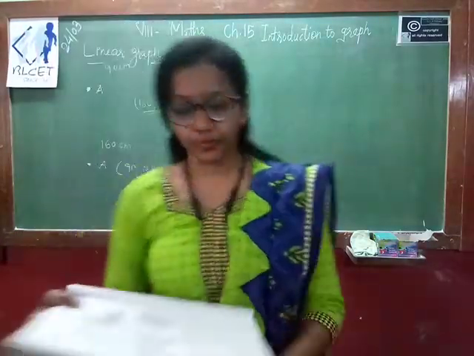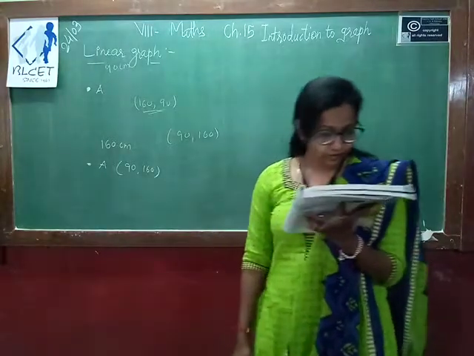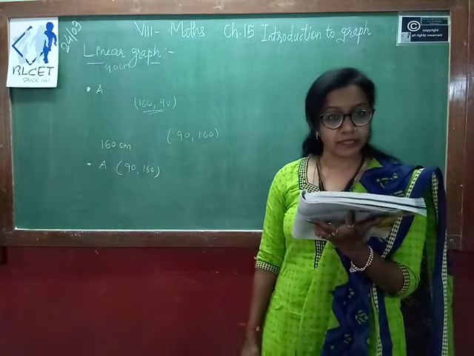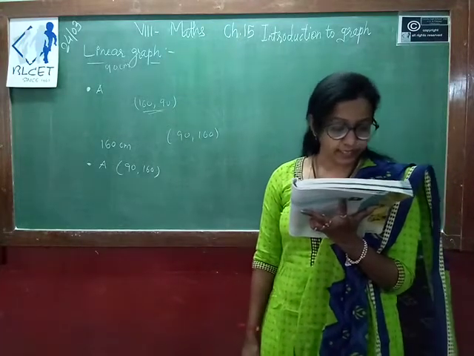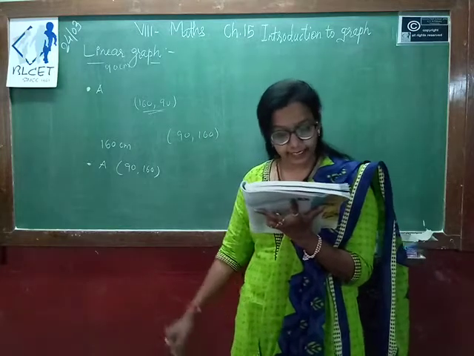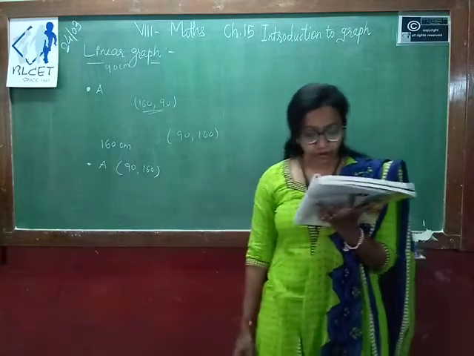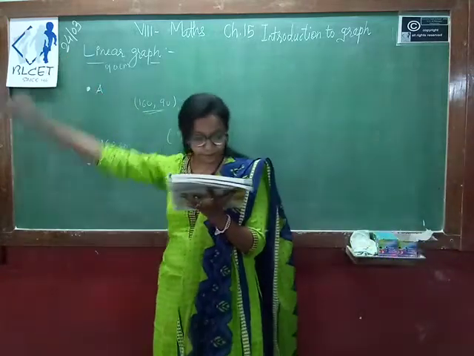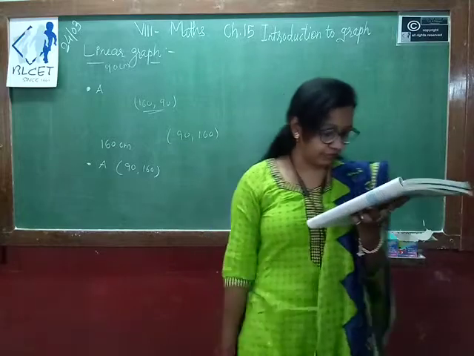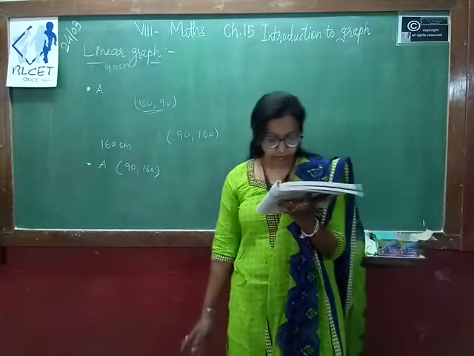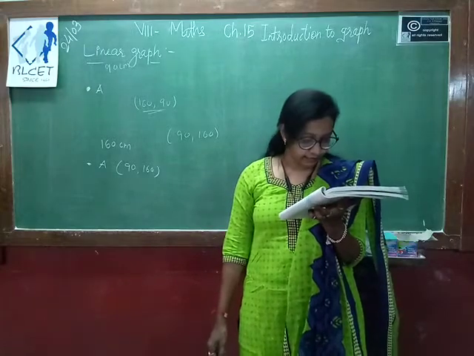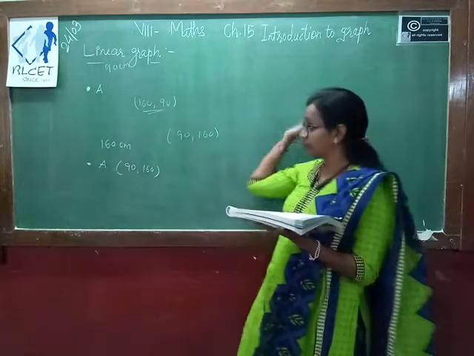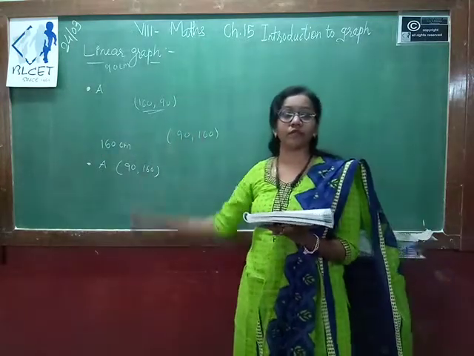So let's see the explanation given in your textbook. The teacher put a dot on the blackboard. She asked the students how they would describe its location. One said the dot is in the upper half of the blackboard, the dot is near the left edge of the board, and another said the dot is very close to the left upper corner of the board, meaning this corner. John then gave a suggestion. He measured the distance of the dot from the left edge of the board and said the dot is 90 centimeters from the left edge. From here also you can measure, from top and bottom also you can measure.